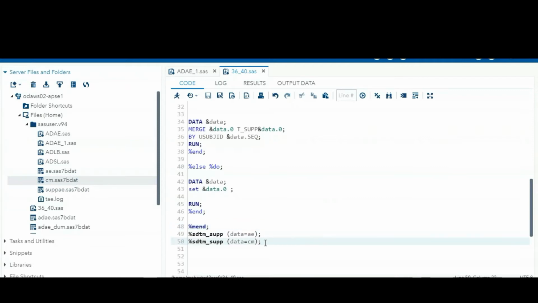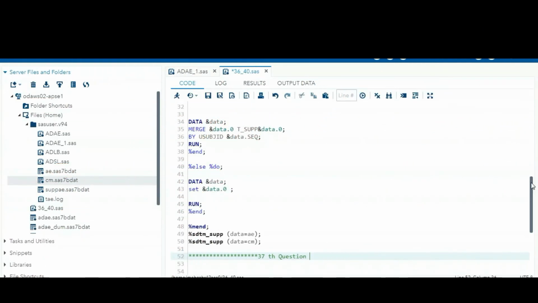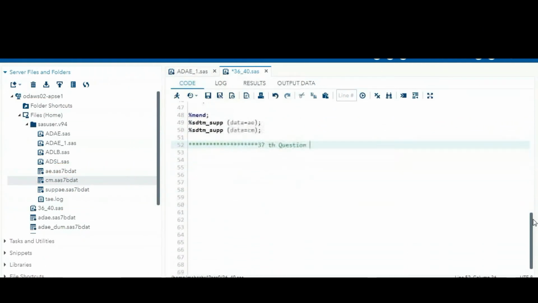The next question: if the data set has no observations, for example, after applying the main condition you get 0 observations, how do you handle that in proc report?